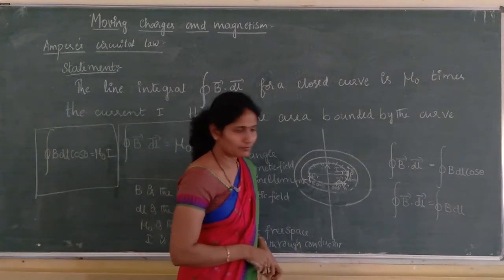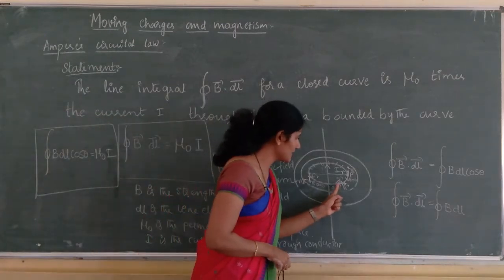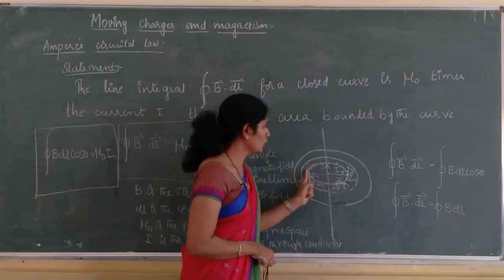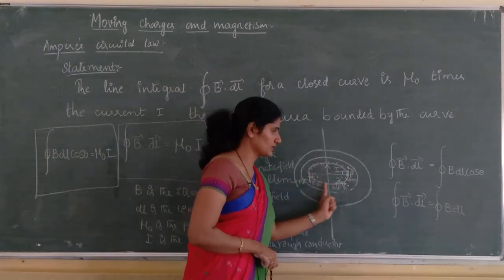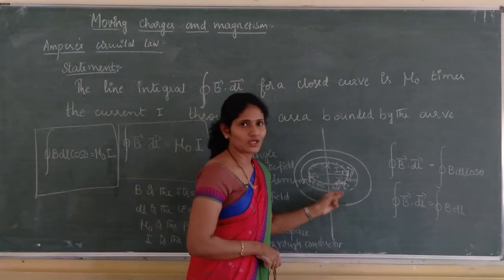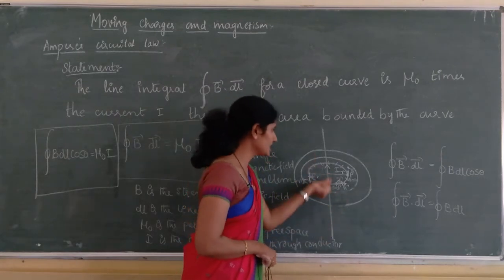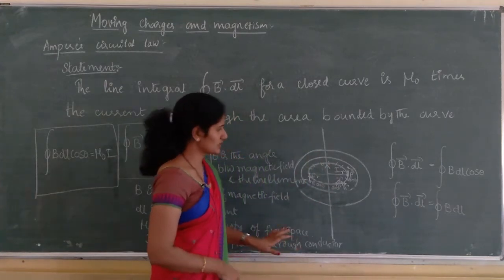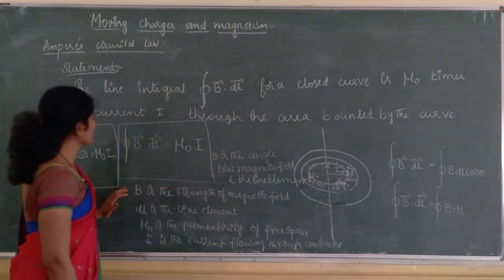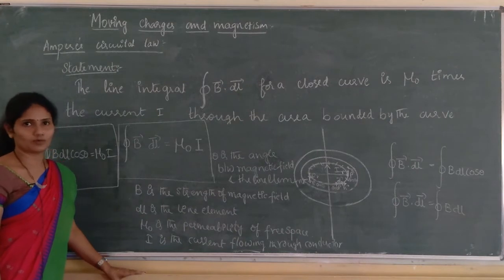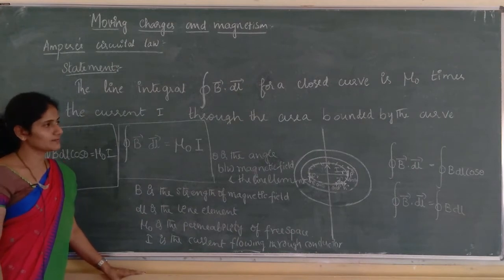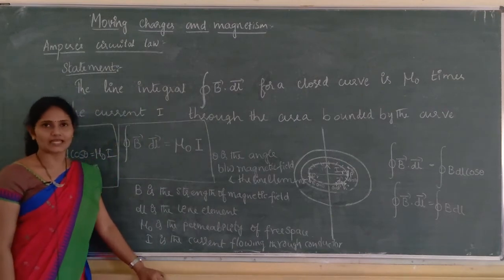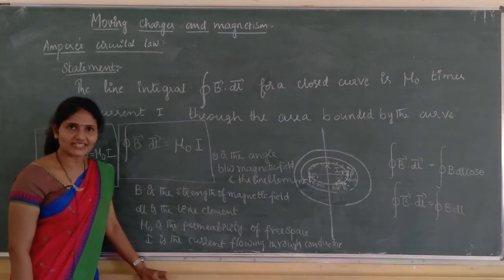Dot product between B vector and dl vector for the loop or the curve is equal to mu naught times the current through this conductor. So, this is Ampere's circuital law. Now, let us see, using this Ampere's circuital law, how to derive an equation for magnetic field